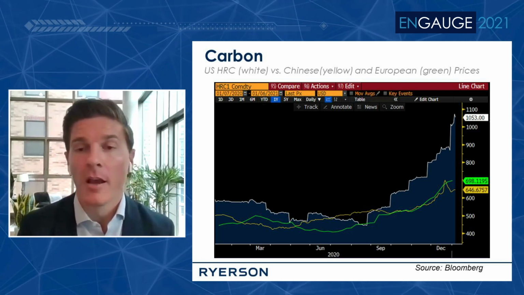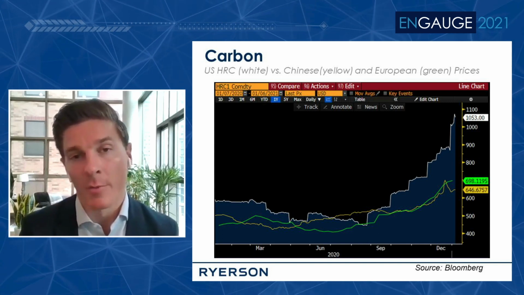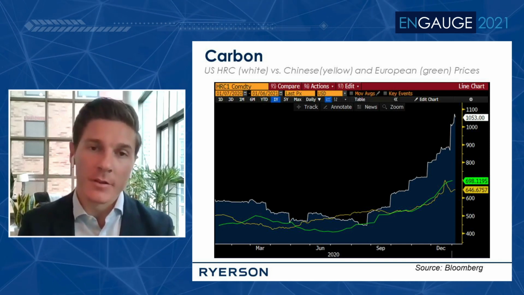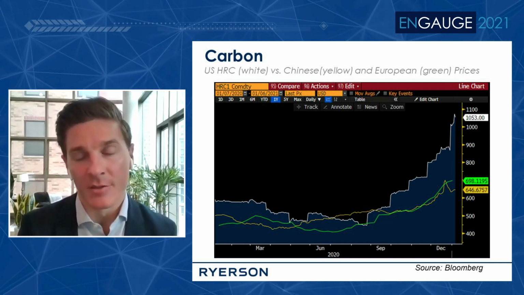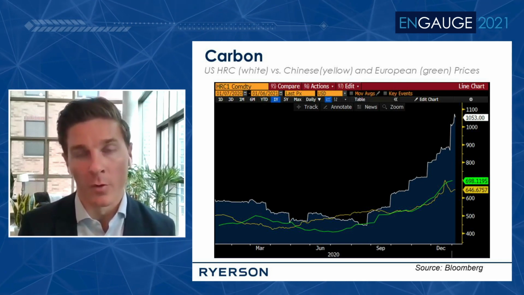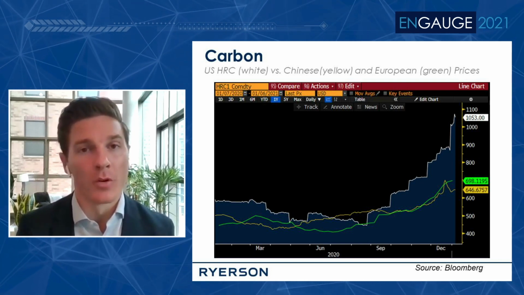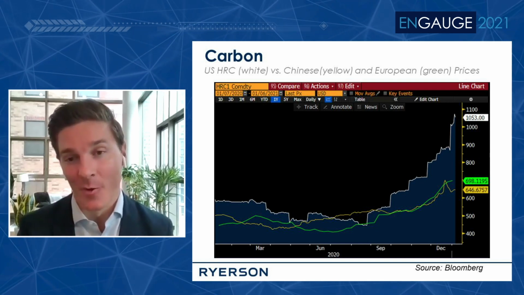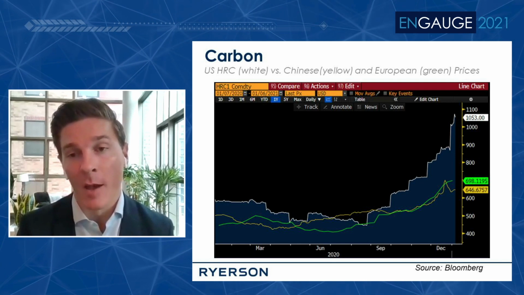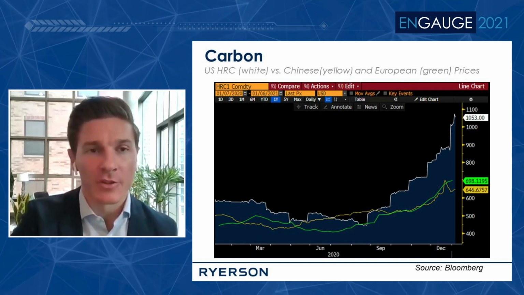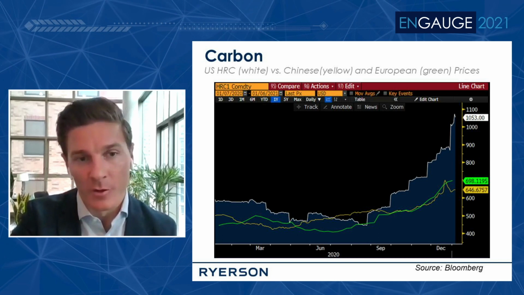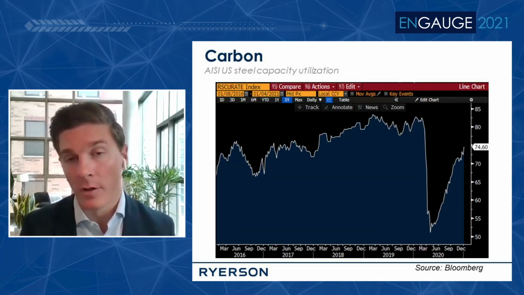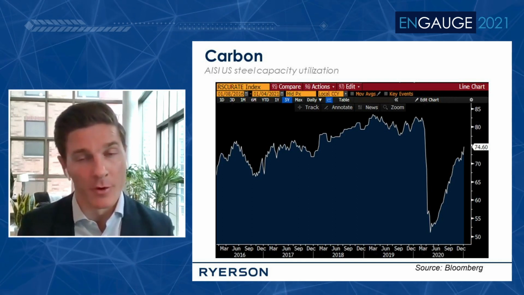Canada can to a degree, but within the United States, we've got to be cognizant of the fact that when you add in tariffs, you add in freight, there is a larger gap that needs to occur in order to really warrant or garner those import tons to come to the United States. We may be around that territory still, though, with the price at this wide of a gap. But why is the United States at such a premium in price to the rest of the world? Well, I direct you to this chart, which I think is personally one of the most important charts to keep an eye on